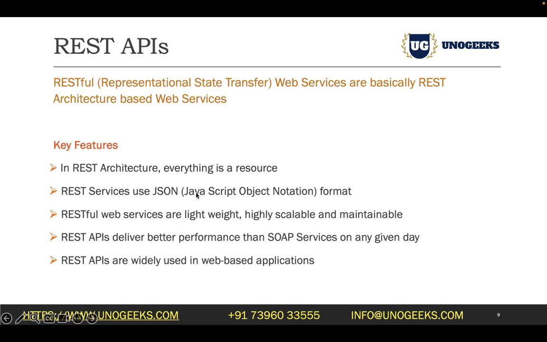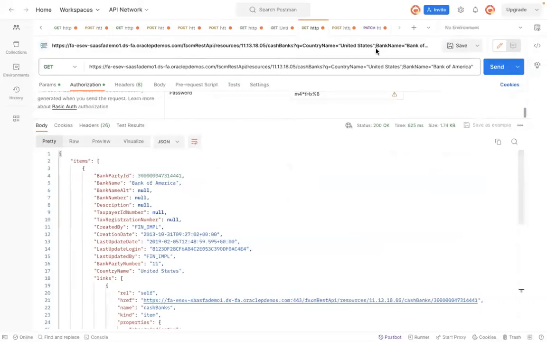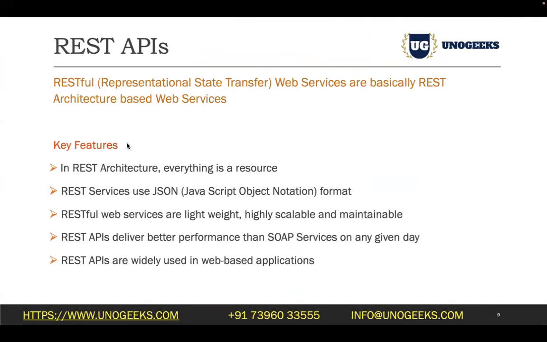Why are they lightweight? Because they use JSON format, and we have seen it very well here, right? So this is a pretty lightweight format when compared to XML. And since they are lightweight, they are going to deliver better performance than SOAP services on any given day. For this reason, REST APIs are used in web-based applications, guys. So any websites or any web apps that you see in the market today basically use REST APIs in the backend